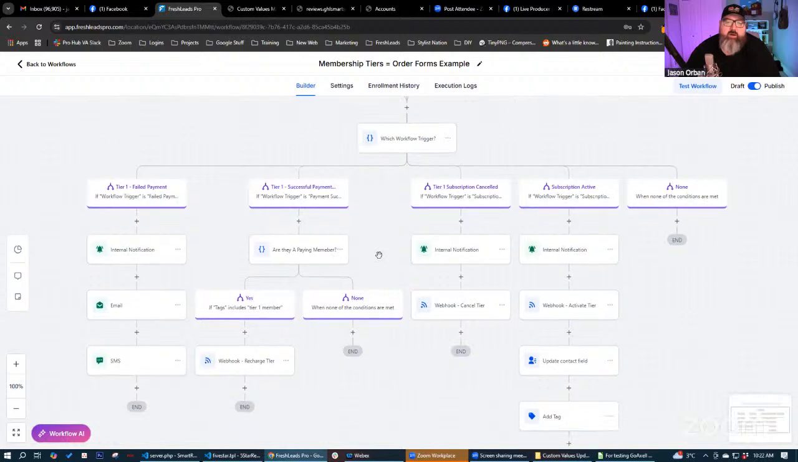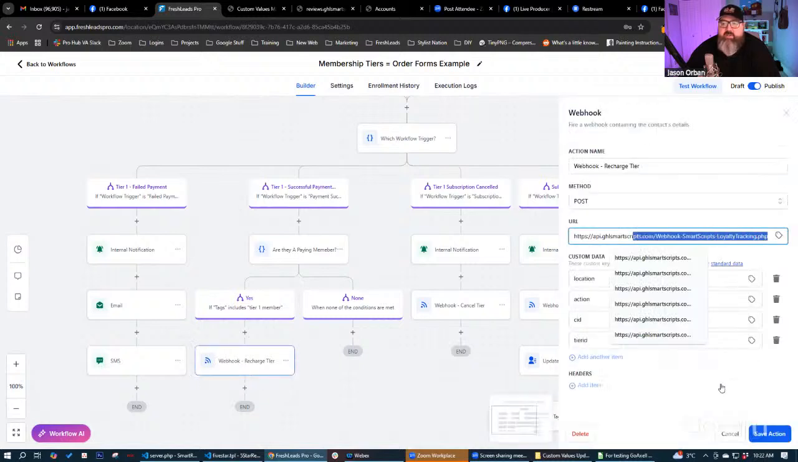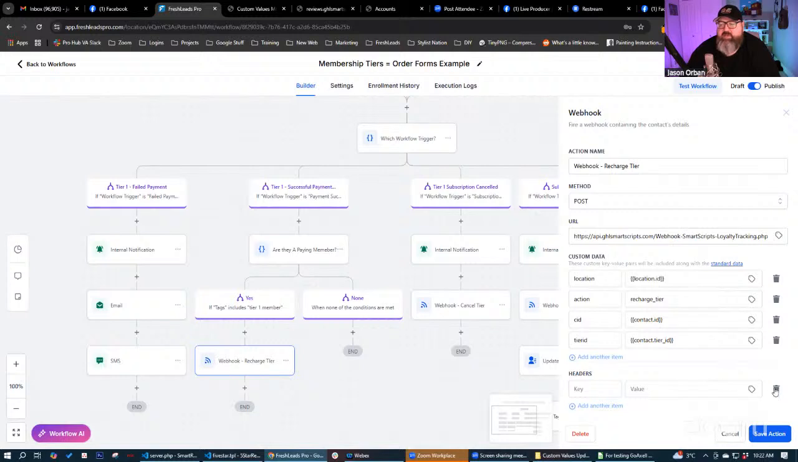Okay, so successful payment. So on a successful payment, this is past their initial payment. So their initial payment is going to trigger the subscription active. On a successful payment, the subscription is already running, but this is just their monthly payment coming in, right? We're just going to check to see if they're already a paying member. If they are already a paying member, then we're going to fire off the webhook to recharge the tier if we're giving them extra things, updating points, doing stuff like that,